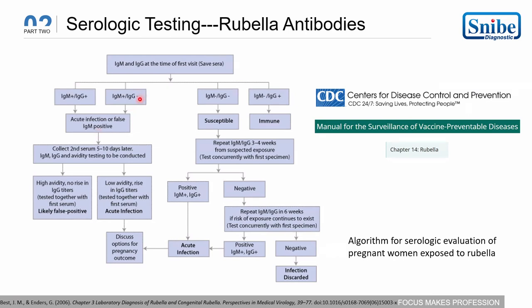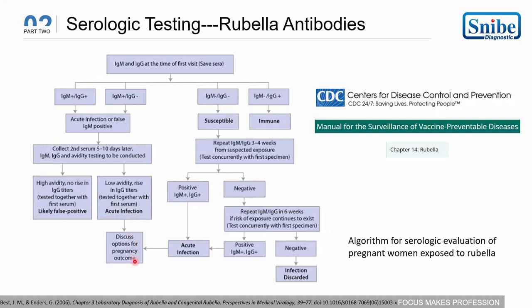If the IgM is positive and IgG is negative, it is a rare case, but it needs to be verified. Collect a second serum sample 5 to 10 days later. IgM, IgG and avidity testing should be conducted. If high avidity and no rise in IgG titer, testing together with the first serum, it is likely a false positive. If low avidity